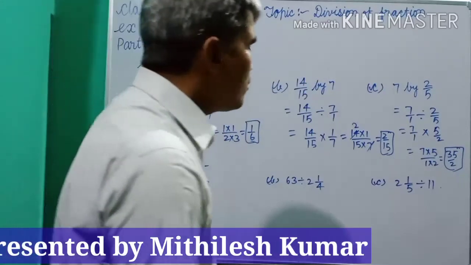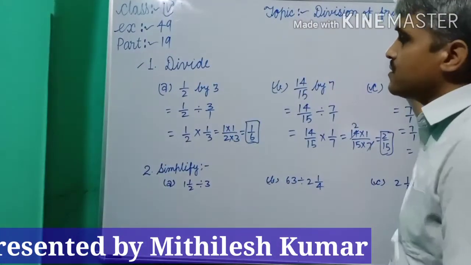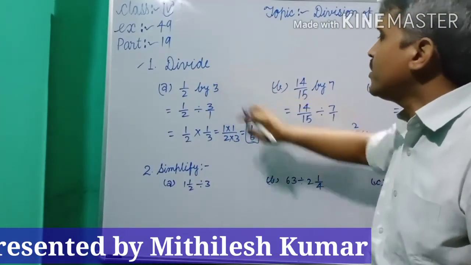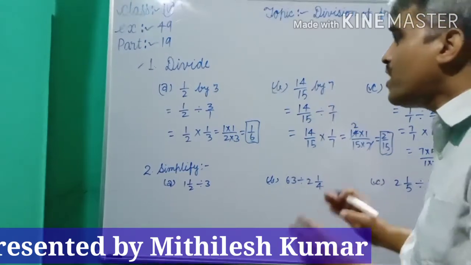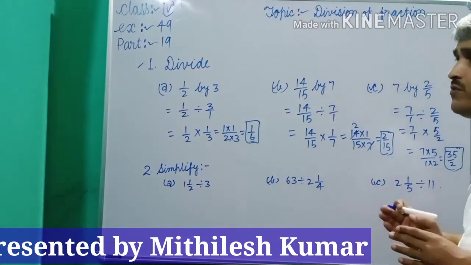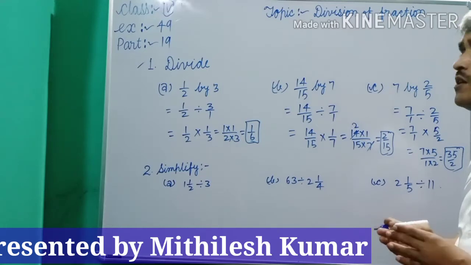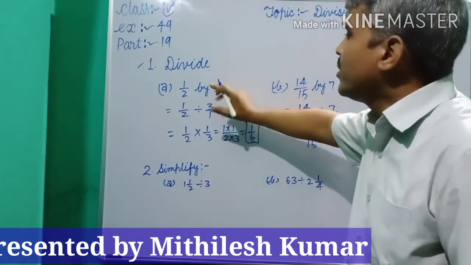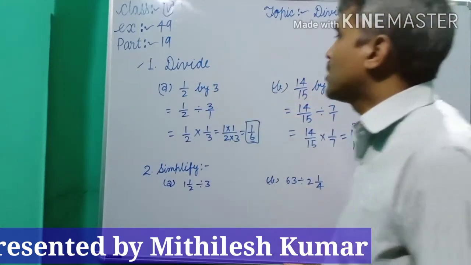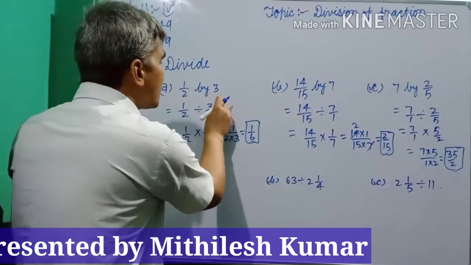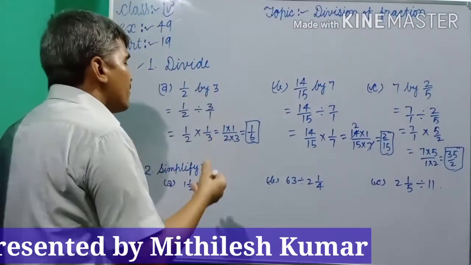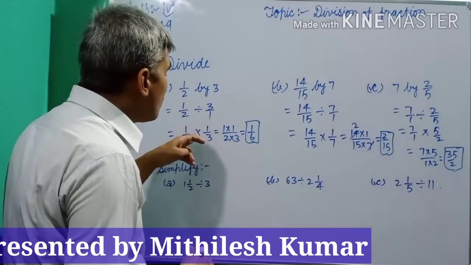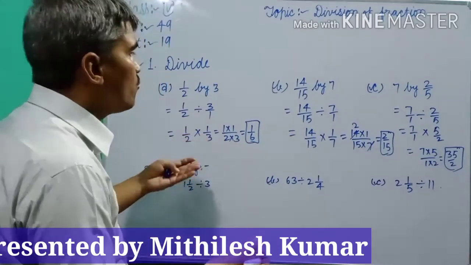I suggest that in division of fractions, in the second step, you write the reciprocal of the second fraction. In previous chapters I taught what a reciprocal is, that means inverse, and their product is 1. So dear students, at first, in the second step, write the second fraction in the form of its reciprocal. Instead of division, put the multiplication symbol. Now you find the answer.